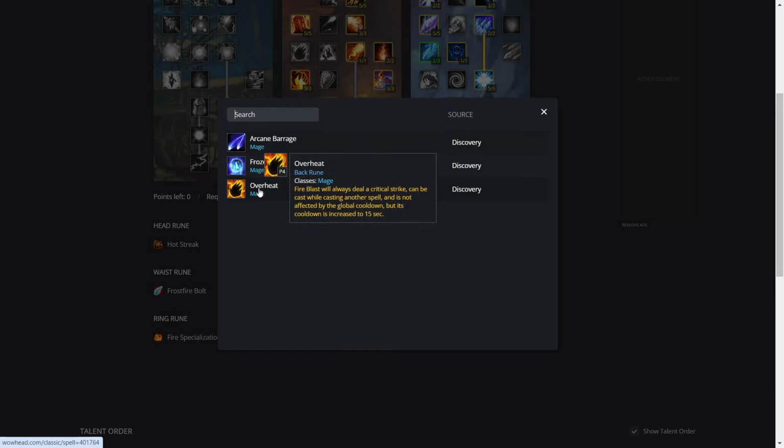Now Overheat is very good because Fire Blast will always deal a critical strike, can be cast while casting another spell, and is not affected by the global cooldown. So what this means is basically for absolute maximum DPS, we can just literally macro this into our abilities, and it will just be cast on cooldown, and it will always crit, so it's going to be very, very good